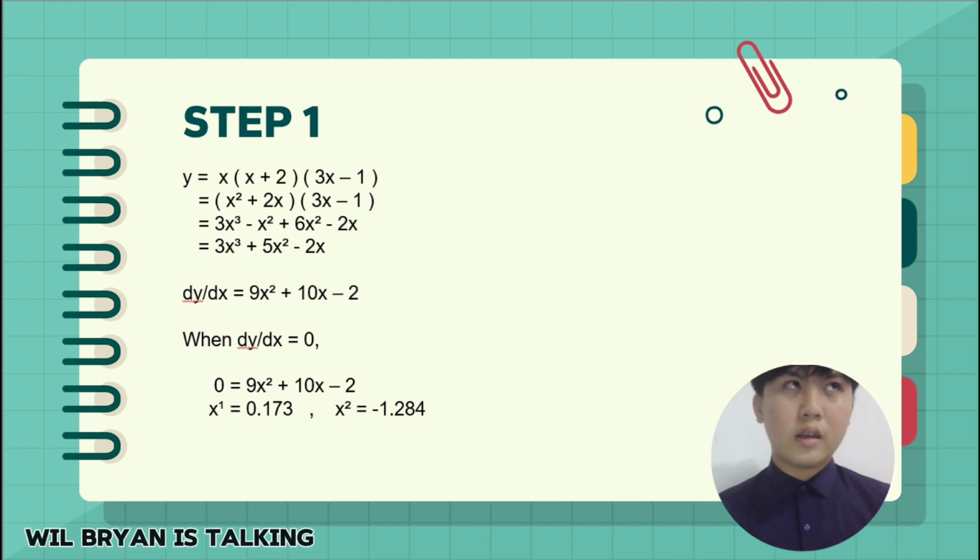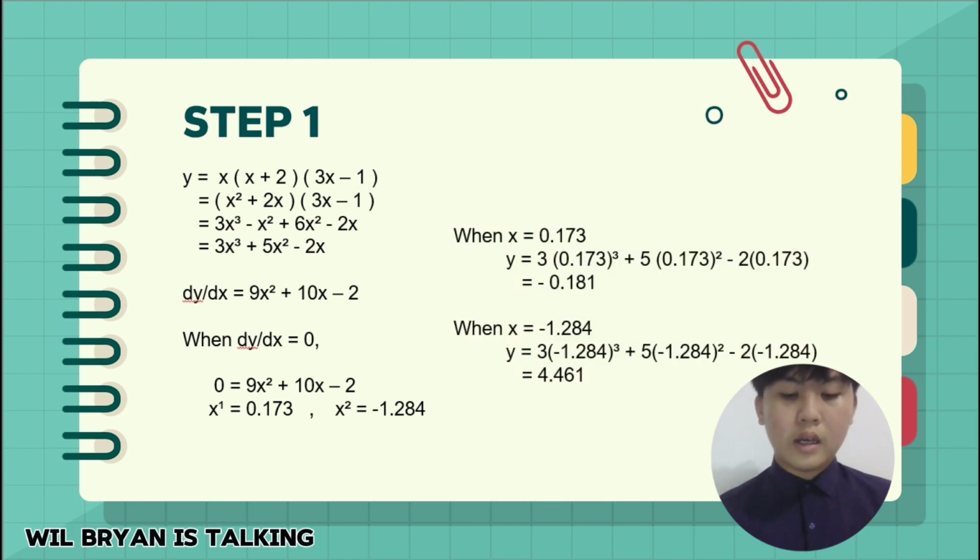And then we use the dy over dx and turn it to 0. So when dy over dx equals 0, x1 will become 0.1730 and x2 will become negative 1.2842. After that, we substitute x1 into the y equation and the answer will become negative